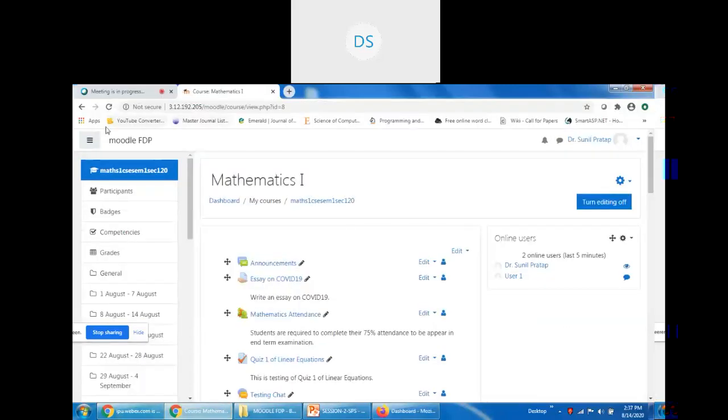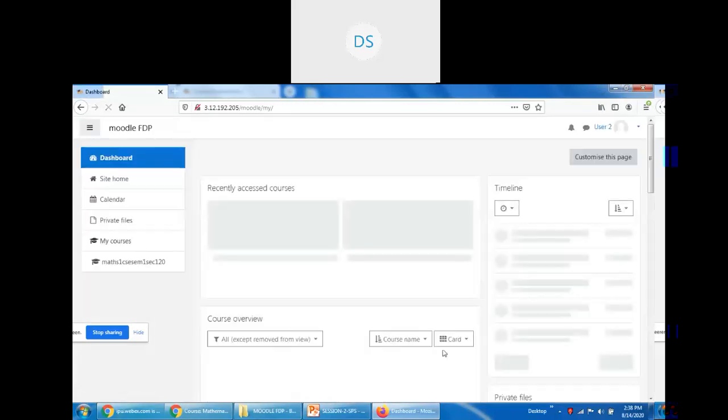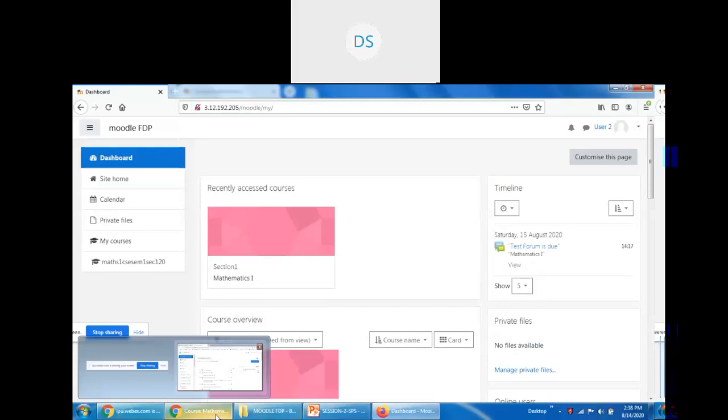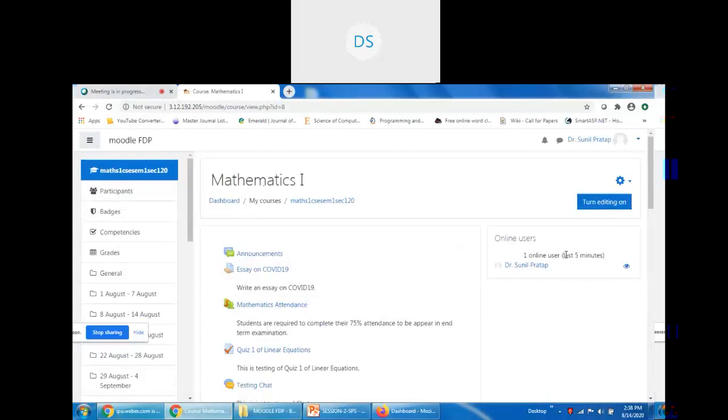Going to the teacher's window, refreshing. Why is this showing user 1? Online users in the last 5 minutes. Okay, it is showing the last 5 minutes. User 2 should also show. Now first let me turn editing off, then we will check.